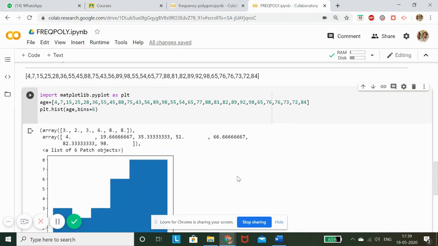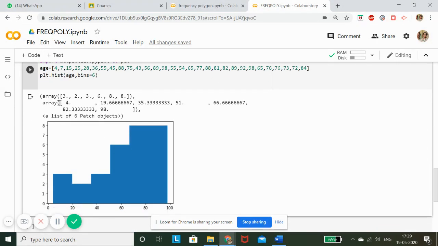This is my graph being displayed over here, and you can see that there are 3 values in the first interval, 2 values in the second interval, 3 values in the third interval, and then the fourth, fifth, and sixth intervals. In each interval, the frequency of the data is shown here, and it is also showing me the edge of each interval.